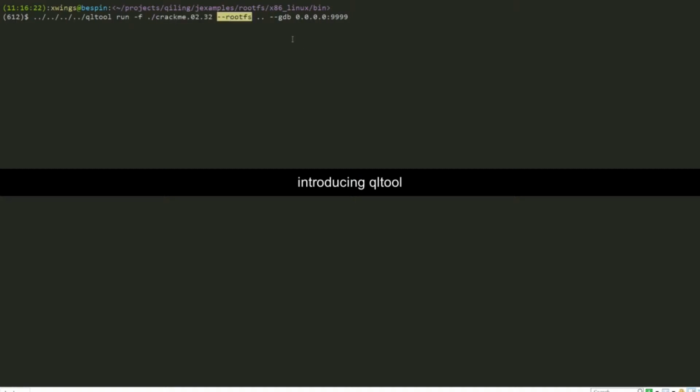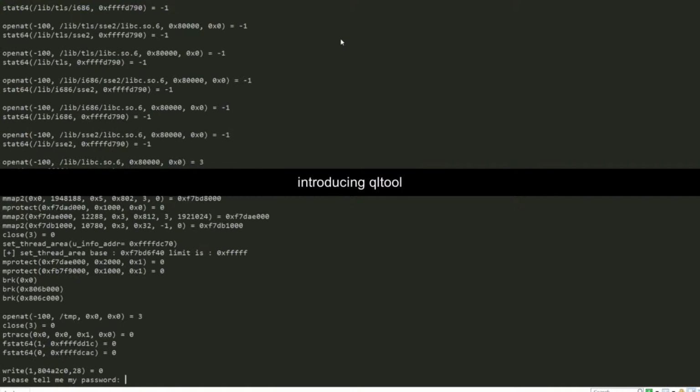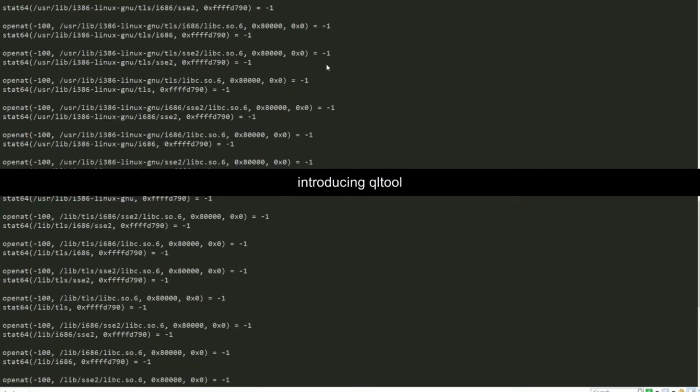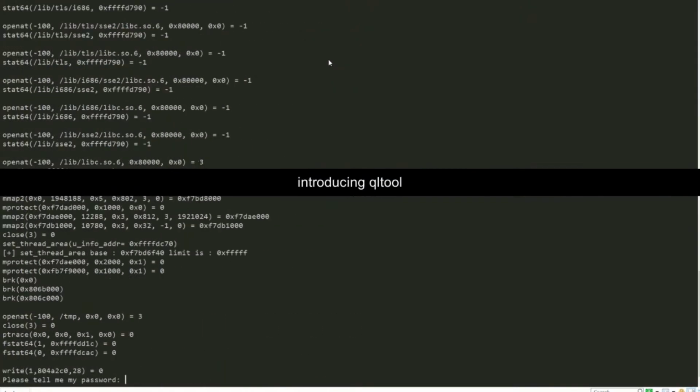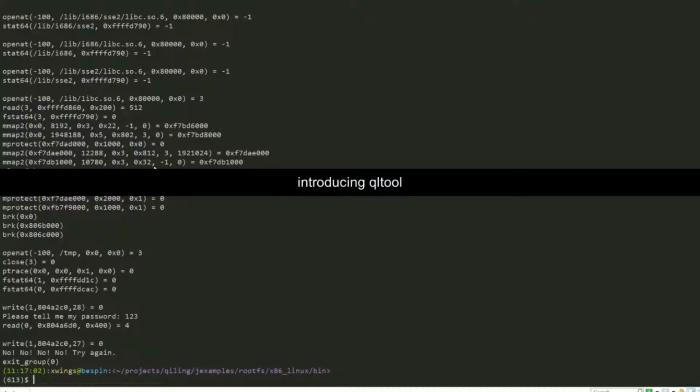It should be like that. And we don't need the GDB server for now. So what we can see over here is perfect. It loads the file, it goes into the syscall, runs, and done. 1 2 3, password wrong, no, try again. Exactly what we are expecting. Okay, so if we go on a little bit,